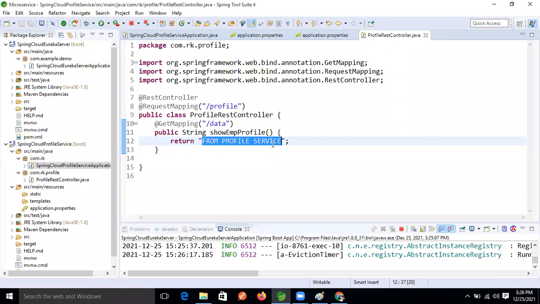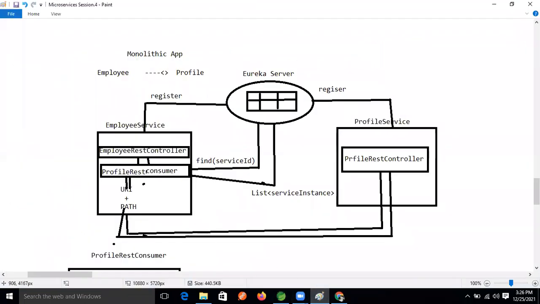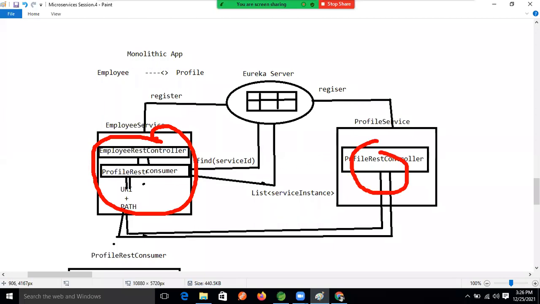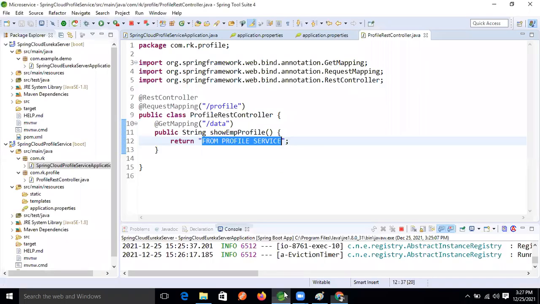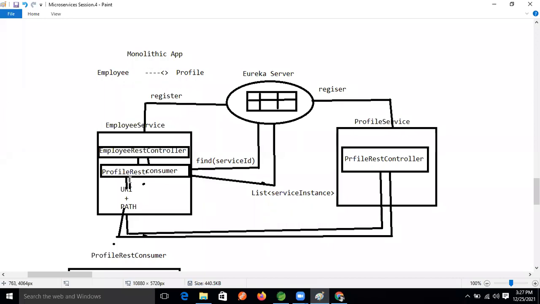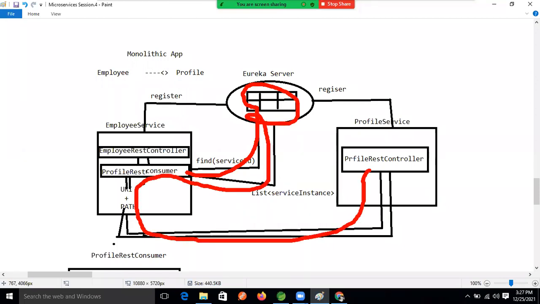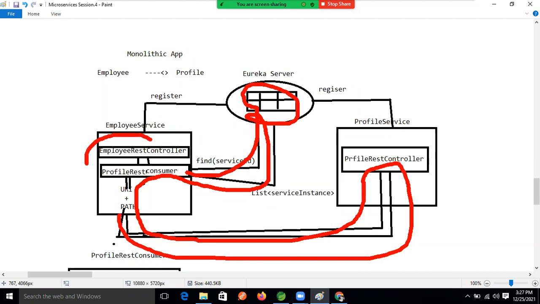So now, let's develop this area, guys. Whatever details we have, by taking those details we are hitting the URL. But in terms of microservices, things will not work like that. So what we will do now is use one client, and that client will gather the information from here, and then the request will come from here, right? So now let's develop the consumer application, guys.